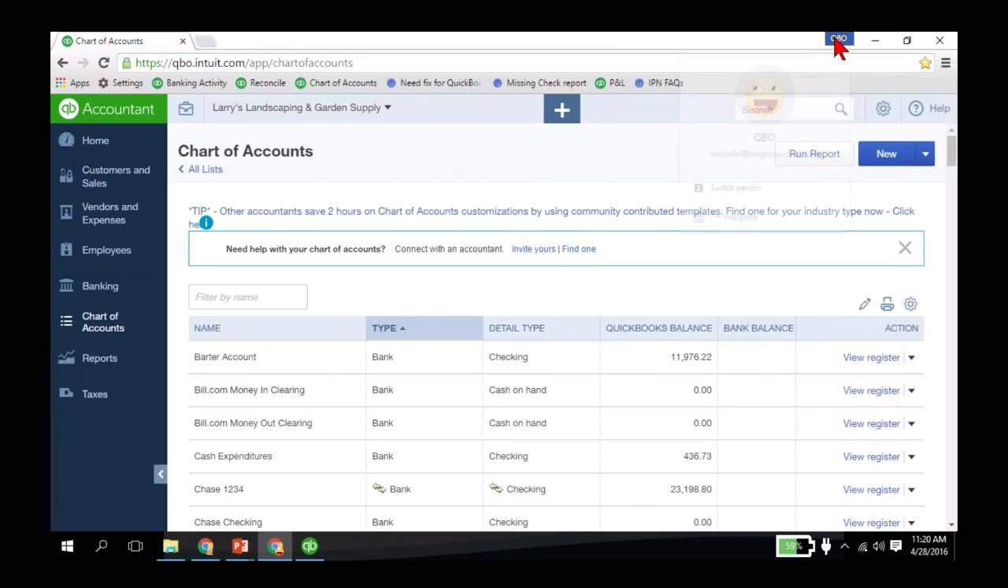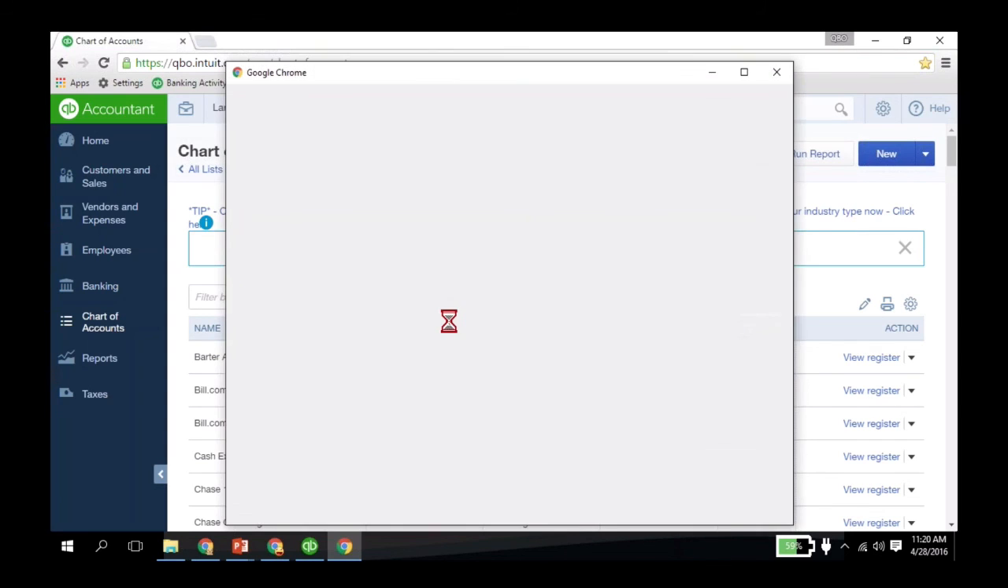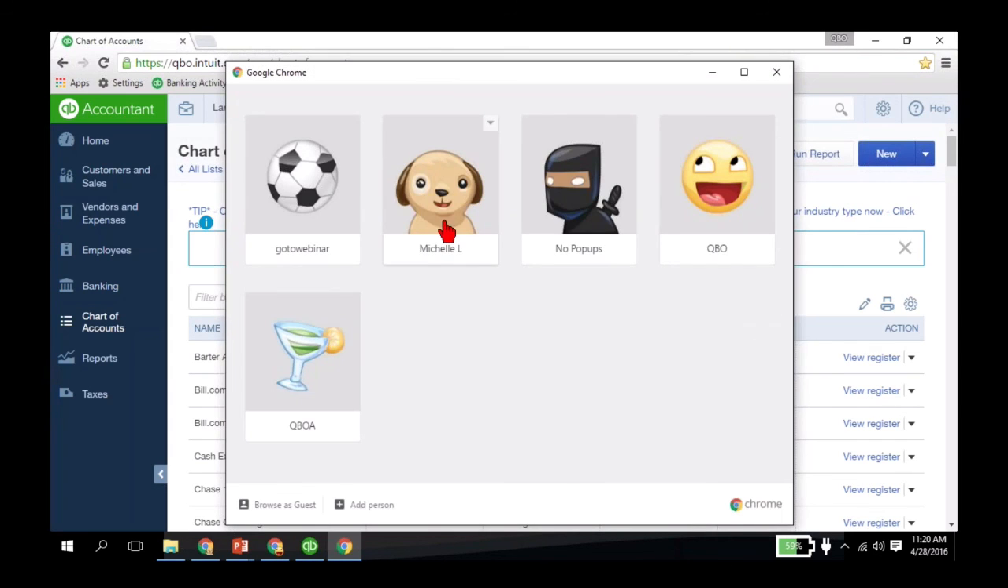When I was talking about the multiple users in Chrome, this is where you can see, if I click on this little QBO in the upper right corner, see where it says switch person? You can see I have multiple profiles. I use the puppy dog for my normal web browsing. I have this one where I have my pop-up blocker turned on so I can show what happens when you don't allow pop-ups. Here's the one that I use all the time for QBO, and then here's the one I